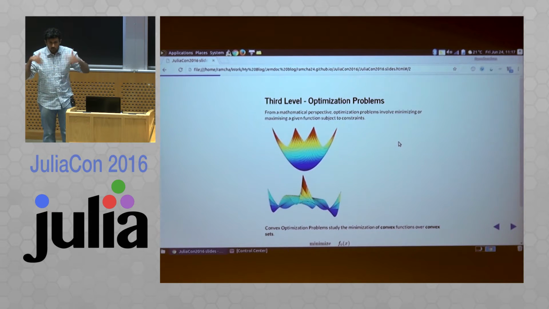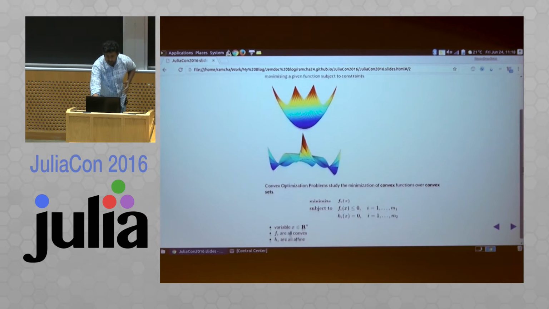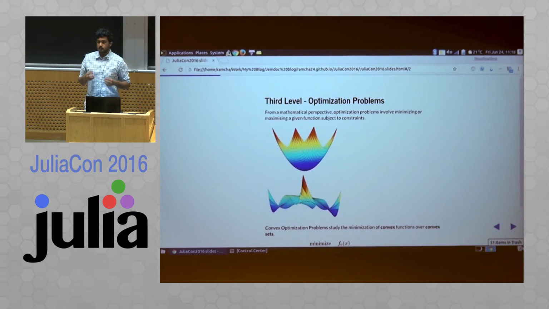Every time you go down, you know that you're going down and you're going to eventually converge to the actual solution. But in the second function, you can see that there might be a lot of traps and local minima. That's the whole point. If the function is convex, you know how to solve it. We have reliable algorithms. This is the definition of a convex optimization problem. It builds on convex functions.